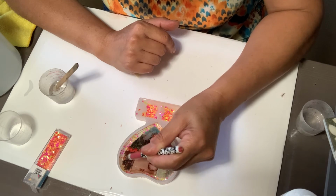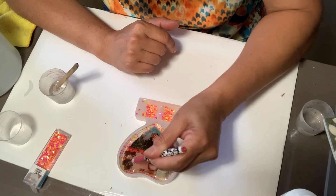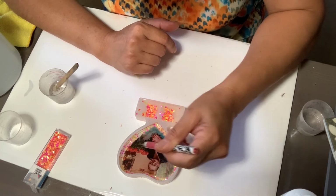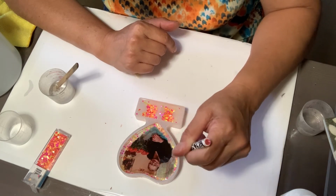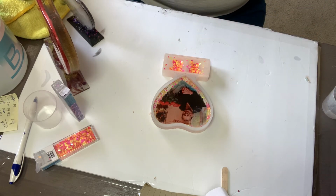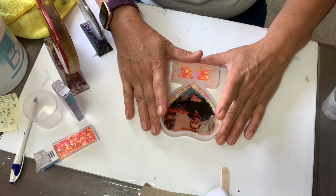So I'm going to leave it overnight. Right now it's like 7 o'clock at night. I'm going to leave it overnight to cure, and then we'll come back and take a look at it. Well, good morning. Coffee ready. I left it overnight, but before